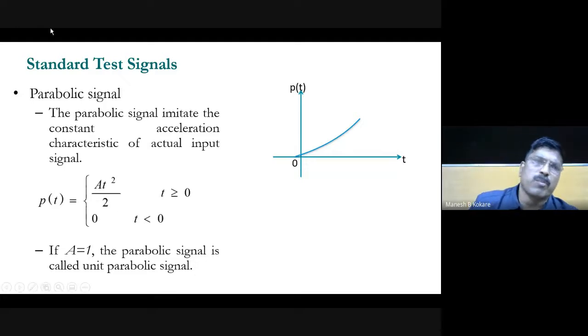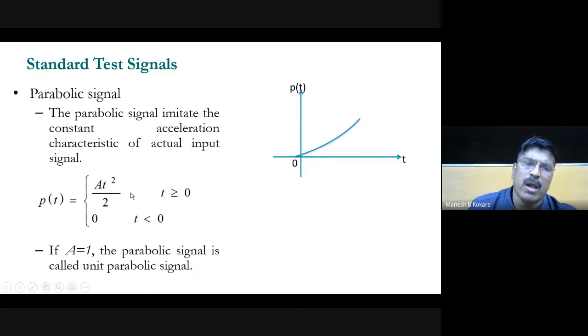So you know the parabolic signal, which is represented like this. P of t represents the parabolic signal, your x-axis is the time axis, and y-axis is the amplitude. This parabolic signal imitates the constant acceleration characteristic of the actual input signal. Basically, if you calculate the acceleration, it will always be constant. So the mathematical model of this signal is given by P of t is equal to at square by 2,